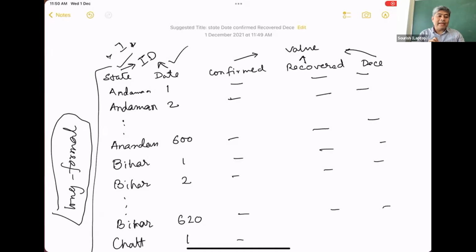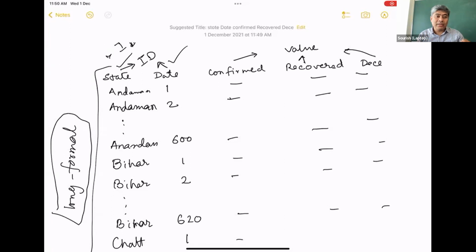So state and day behave like an ID, and the confirmed, recovered, and deceased cases are your value columns. Whenever you have data, you always focus on which are going to be my ID columns, and which are going to be my value columns.